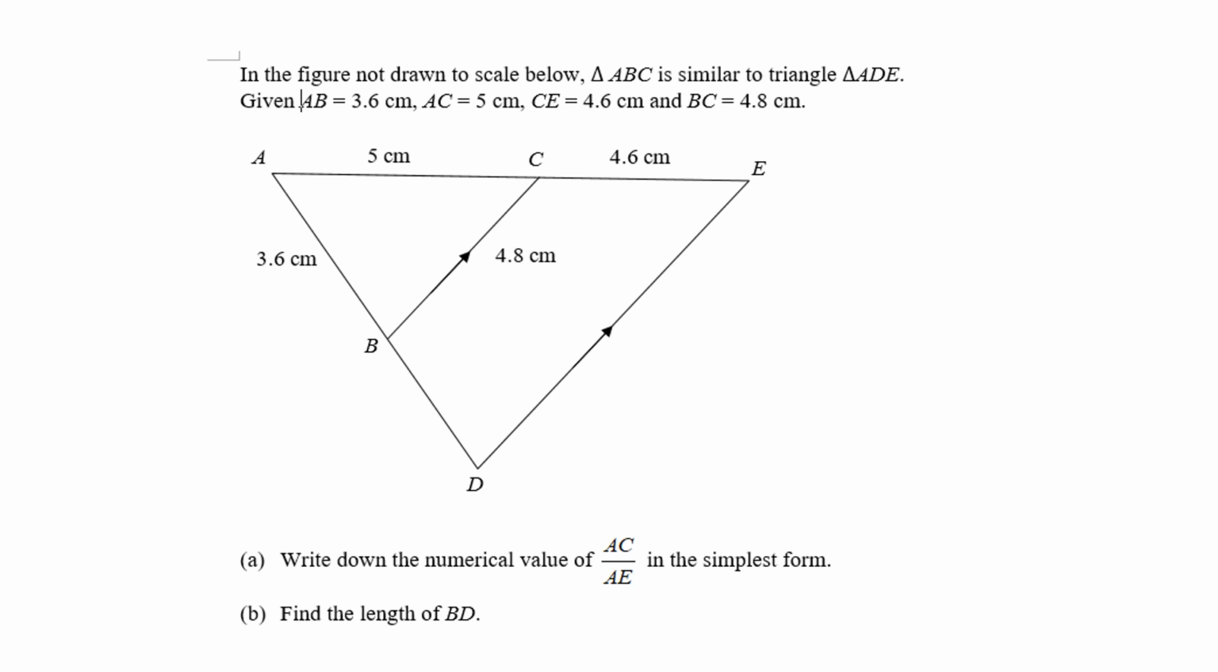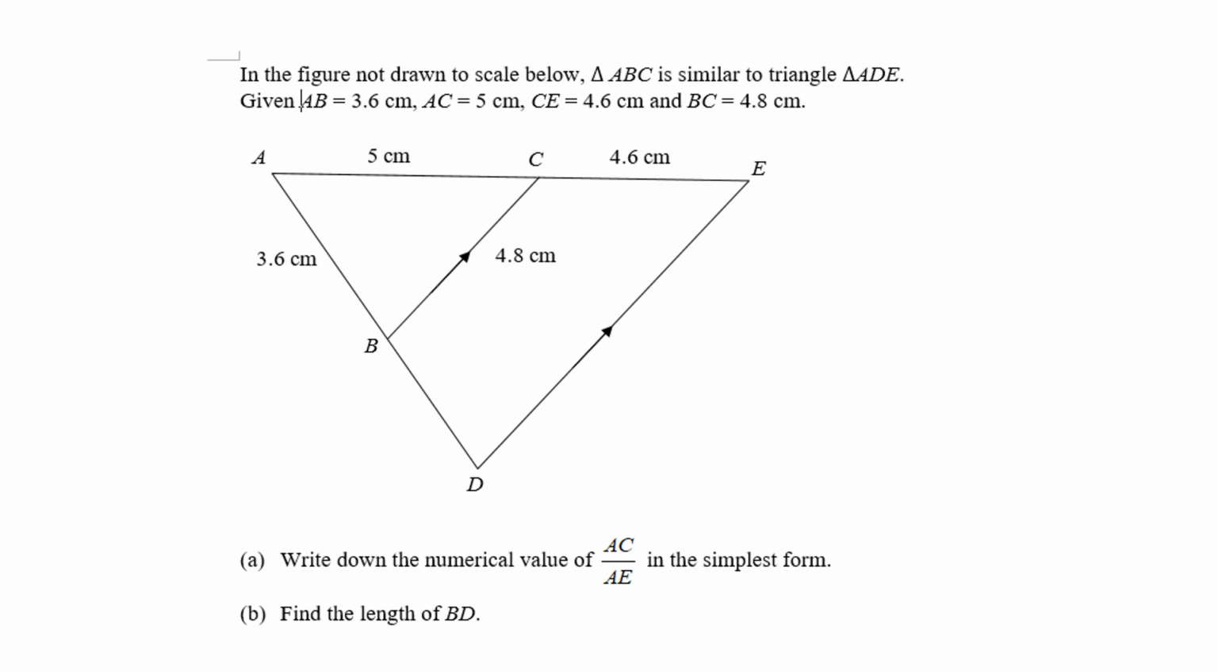Right. Sometimes students may not be able to get the correct answer while finding the length of certain sides using the ratio of corresponding sides in a similar triangle. So in this example here, we are given triangle ABC. It's similar to triangle ADE, and we're given all the different information for lengths AC, CE, BC, AB, and so on. And then part A, we're supposed to write down the numerical value of AC over AE in the simplest